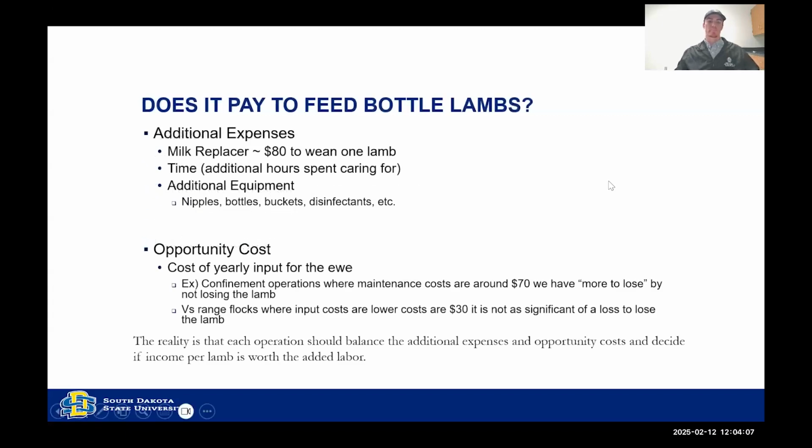So we'll move into our first topic. The intro to this is, does it pay to feed bottle lambs? This is something each producer needs to take into consideration. Obviously, we're going to have the added cost of milk replacer, usually around $80, maybe up or down depending on what methods you're using and the cost of your milk replacer. The other big things we need to figure in are time and any additional equipment. These can be reused, so it's not on a cost per lamb basis. But one of the bigger things I like to point out that I think is often overlooked